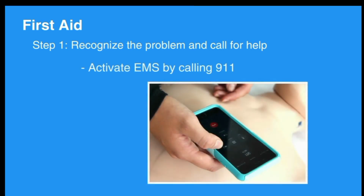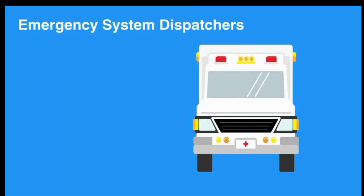The first step is to recognize the problem and call for help. Activate EMS by calling 911. The operator will ask you a series of questions to determine the seriousness of the illness or the injury. Remain on the line until more advanced help arrives, or until the operator instructs you to hang up. Emergency system dispatchers can guide you through the steps of delivering basic care, performing CPR, or using an AED until